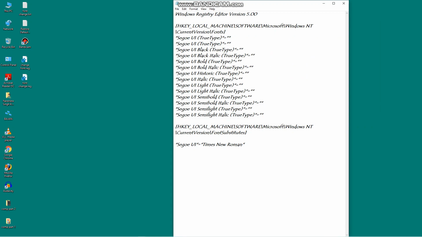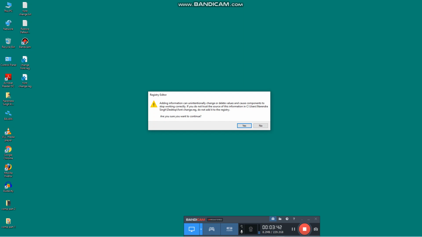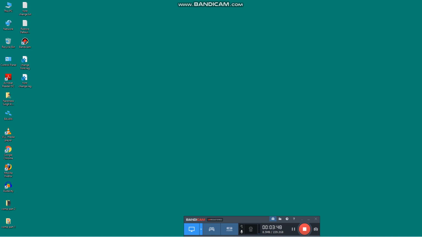You will get a registry file like this, and you have to double click on it, and then you will get a dialog box, and every time you have to click yes, yes. I will be clicking no because I don't want to change. After clicking yes all three times, you have to restart your system in order to see the changes to your desired font, right?